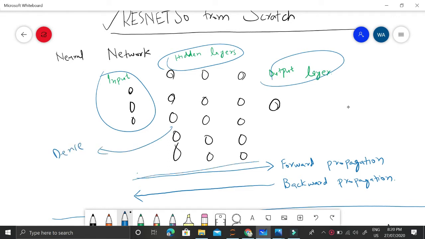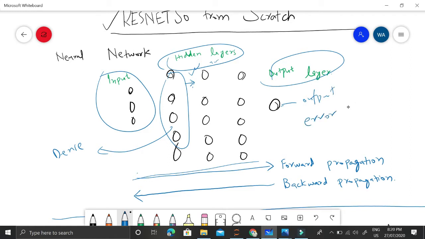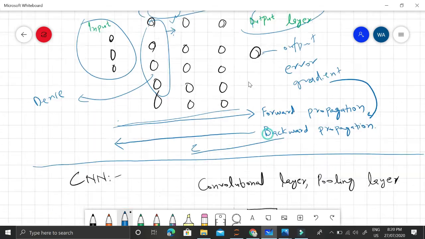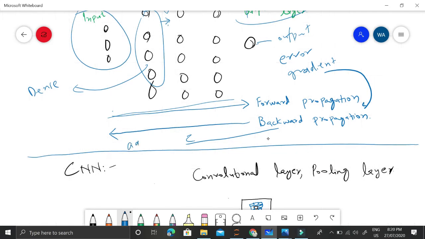And we go forward by linearly combining the weights of these layers with the input of the previous layer, and then we apply the activation function. That is the output of this layer, and this output will be the input of the next layer. So we have weights and activation functions, and at the final stage we have the output. In the output we calculate error, and based on the error we calculate the gradients using the backpropagation algorithm. So in the backward pass, we adjust weights. This is how neural networks work.